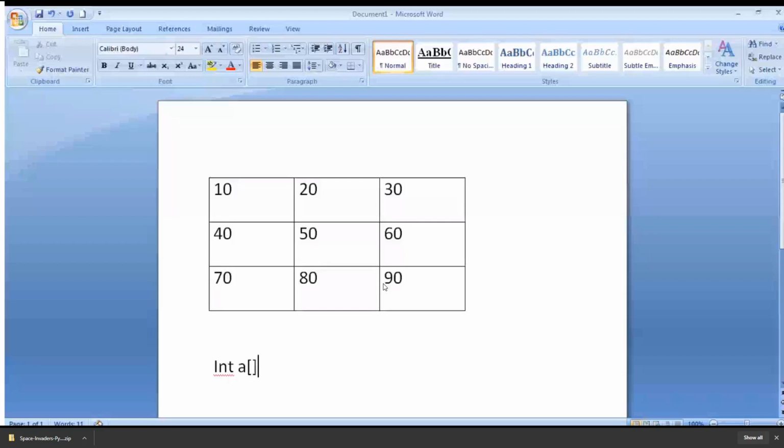It's 3 by 3. Why is this so? There are 3 rows: 1, 2, 3. And here you have 3 columns: this is the first column, this is second and third. Right? 3 rows are there and 3 columns are there.